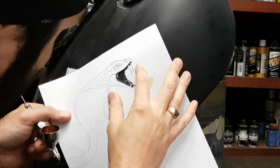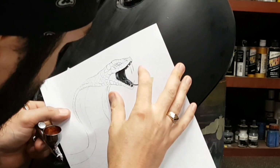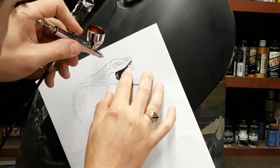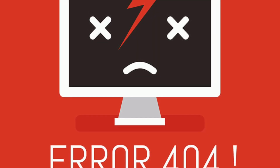Jeez. And notice the amount of time I'm taking to make sure that this stencil is absolutely lined up exactly where I need it. And now we are going to